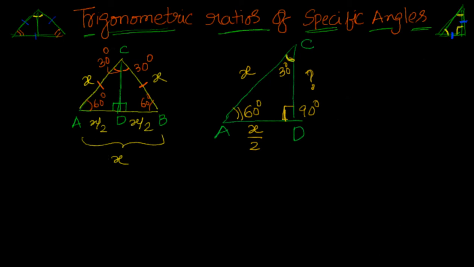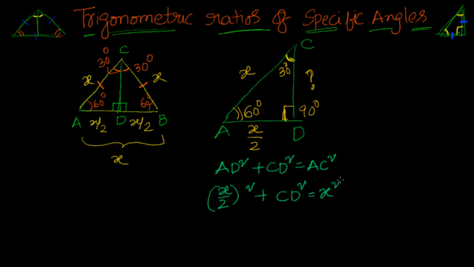Okay, I am back. Now we have our triangle. Now we have to find out what is the value of CD. To find out the CD, my approach will be to use Pythagoras and say AD square plus CD square is equal to AC square. Are you with me? AD square is x by 2 whole square plus CD square, I don't know, I am going to find it now.